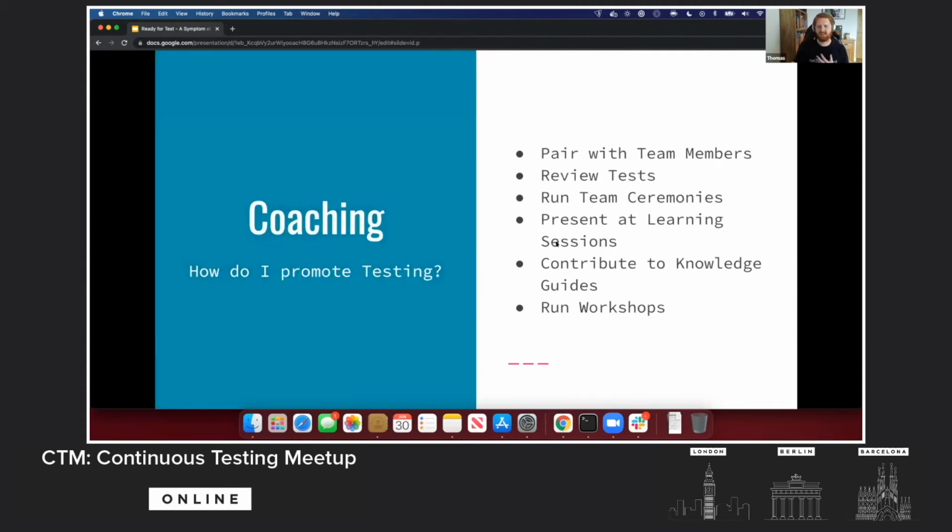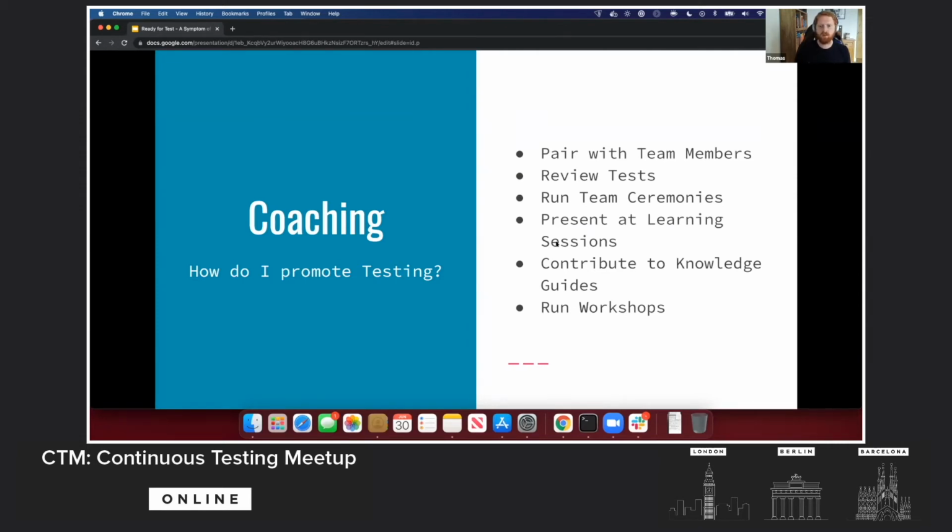So how can you better coach your team? Well, the one we've already talked about is pairing. Pairing is really powerful as a QA. You can pair, say, with a developer on the feature work, and you could learn about how that feature is being put together. You can also ask questions about how the feature is being put together in regards to testability. Maybe a different approach could be taken to make that feature more testable. And you can also pair with that same developer on the tests for that work.